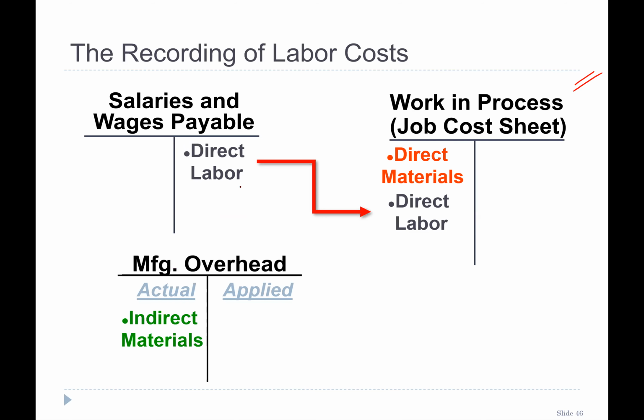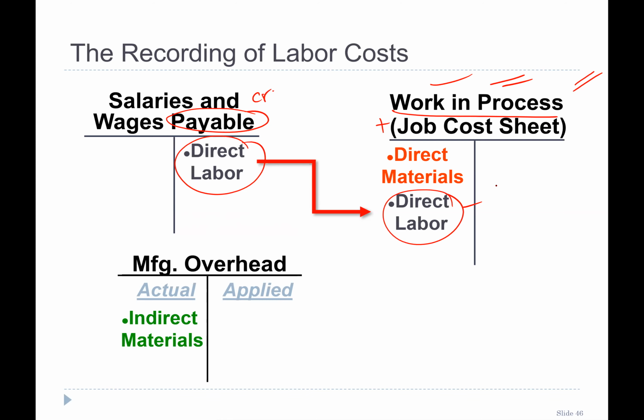Okay, now here we go. So direct labor, how will it go to the work in progress? So here we go. So these are salary payables, right? Not the salary expense. The salaries occur, we have not paid, we make it a liability. Liability increase, we write it down on the credit side. So the worker is working on work in progress, so we are including the labor cost in the work in progress. We are adding it. So work in progress is our inventory. Inventory increase, which means debit. So that's why direct labor is written on the debit side.